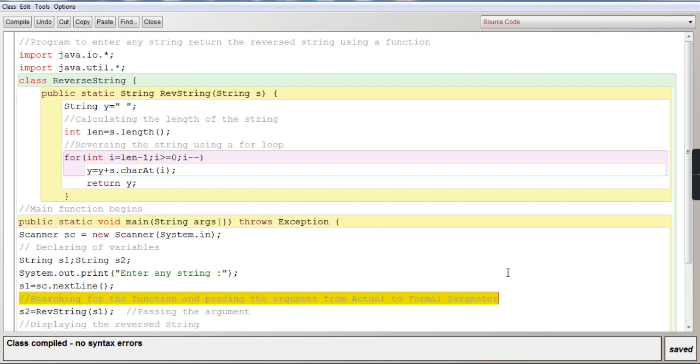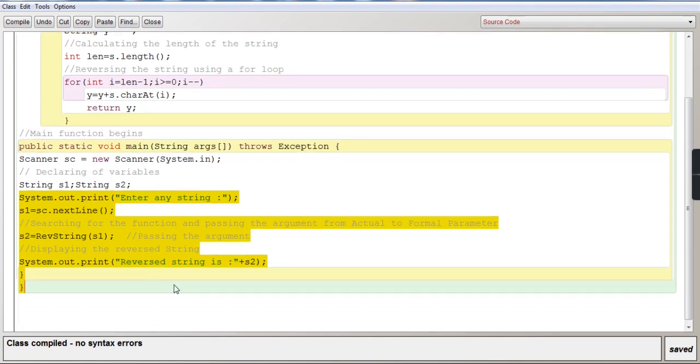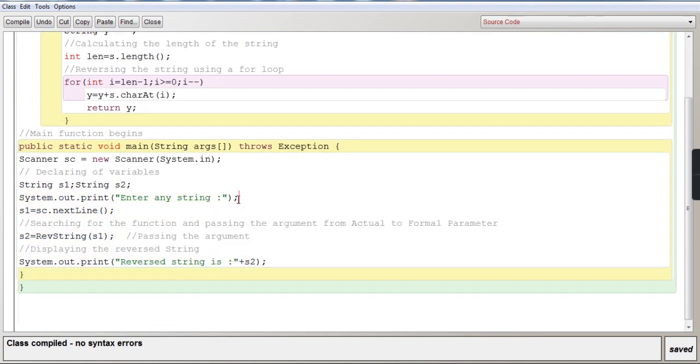The documentation says: search for the function, and pass the argument from actual to formal parameter. This entire thing is the actual parameter, the name of the function, which has one parameter, one argument. This is the function to be searched.